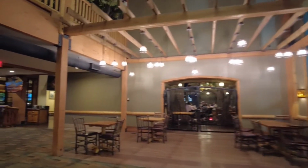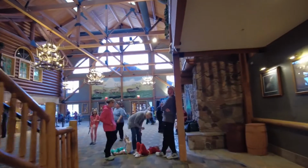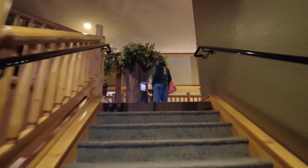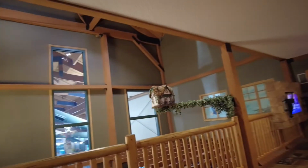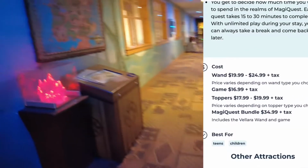And off to the other side of the building is the Camp Critter Bar and Grill. Let's head upstairs and see what else there is to explore. Well, this is an easy room to acquire if you can prove yourself. You must not see them. Now they do have a resort-wide Magic Quest that you can have your children participate in as well. And then down the halls they have little areas that you can actually wave your wands and...